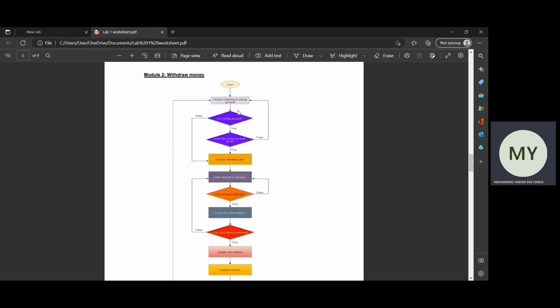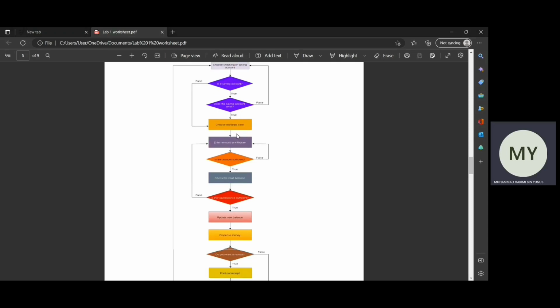Firstly, we start, and then we choose checking or saving account, and then we add another condition. Is it a saving account? If it is true, does the account exist? If it is false, it will go back to choose checking or saving account. If it is true, choose withdraw cash,